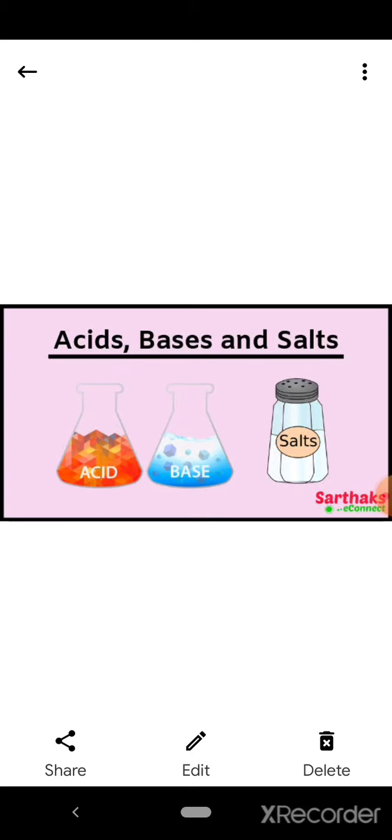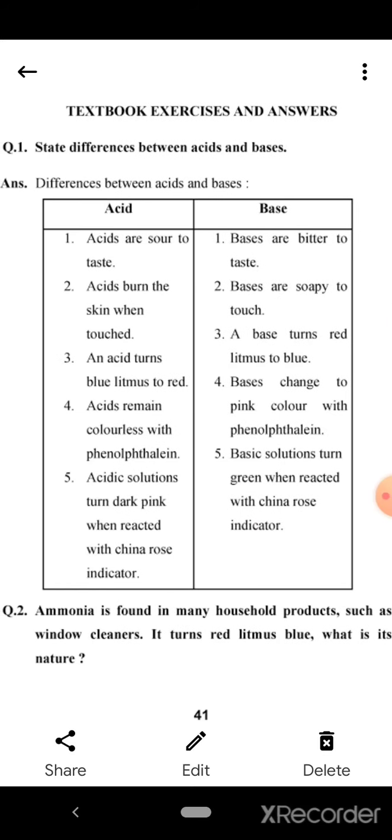You have heard in the previous class that there are sour and bitter tastes of food due to acids and bases present in them. Now we will see why we call them chemically acids and bases, and how they are different from each other. That is what we are going to see in this lesson.